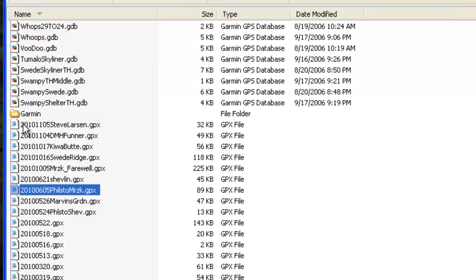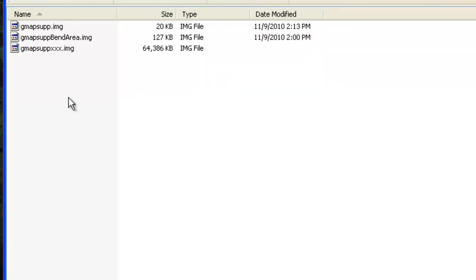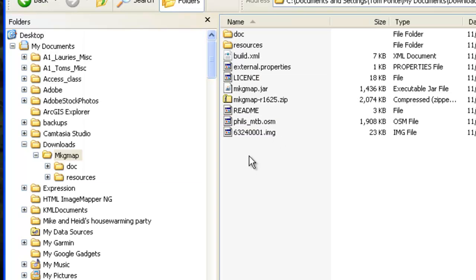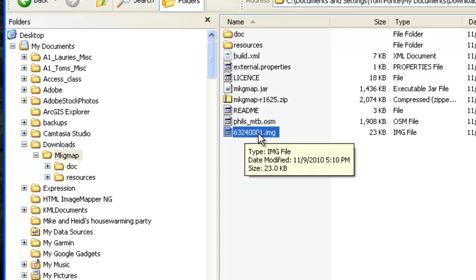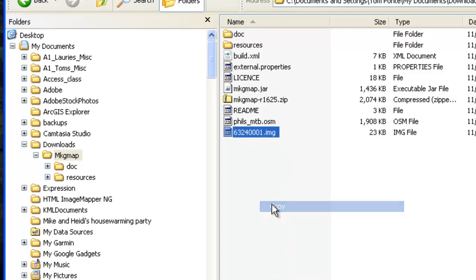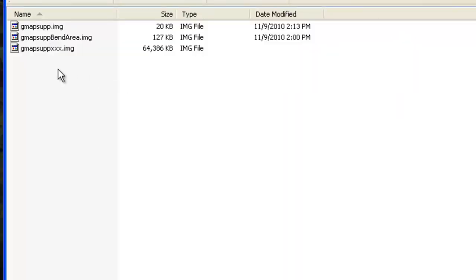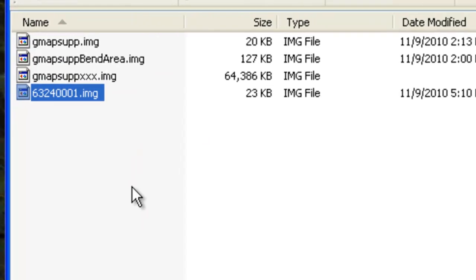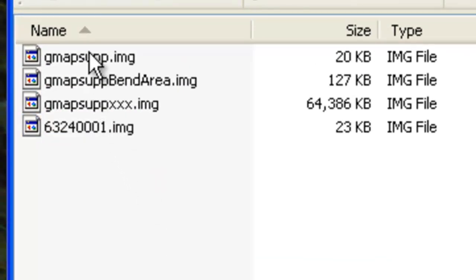Before we do that, we're going to have a look at the GPS unit where you're going to put that file. It's in a folder called Garmin, and in this case I have a micro SD card that I put in an adapter and could plug it in the machine, and it's the easiest way to transfer data. You might not, you'll have to figure that out. So the file that was created by that program has this number for some reason. I don't know why. You're going to move that over to that directory in the Garmin folder and change the name to